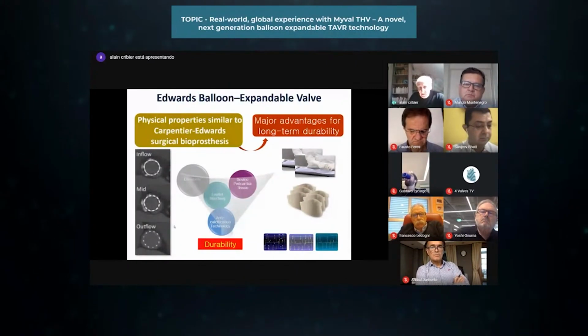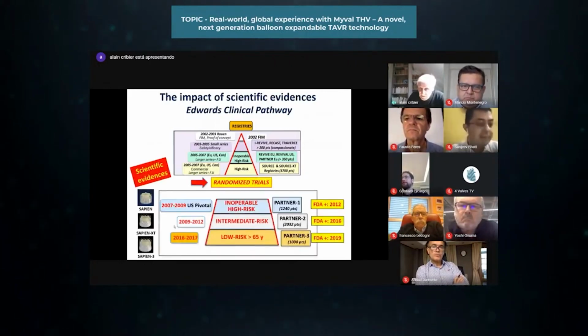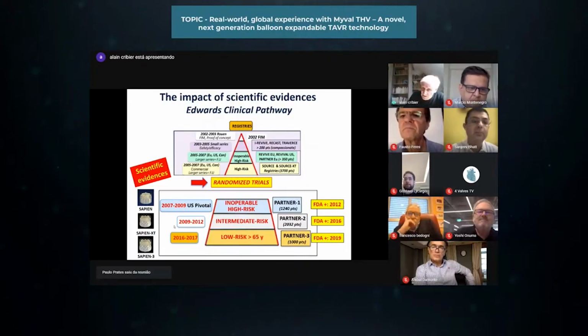So the physical properties of the balloon expandable valve are similar to the Carpentier-Edwards surgical bioprosthesis. The circularity, the leaflet matching, the bovine pericardial tissue and decalcification technology are major advantages for long-term durability. The impact of scientific evidence was absolutely drastic, and you all heard about all the registries done with this balloon expandable valve, and the three landmark randomized trials in inoperable and high-risk patients, intermediate-risk patients, and low-risk patients above the age of 65, comparing very favorably to